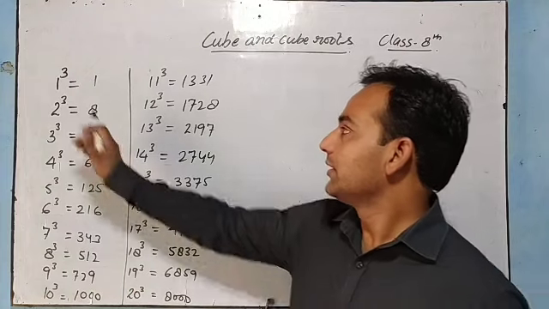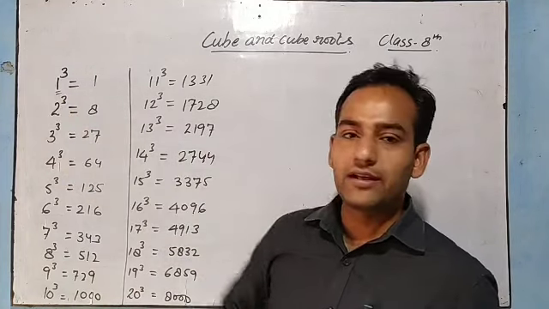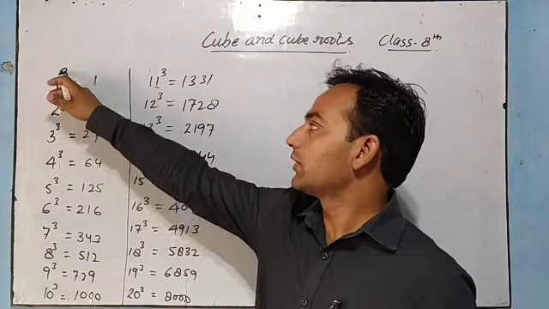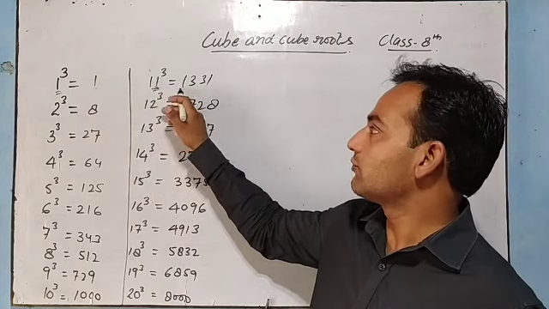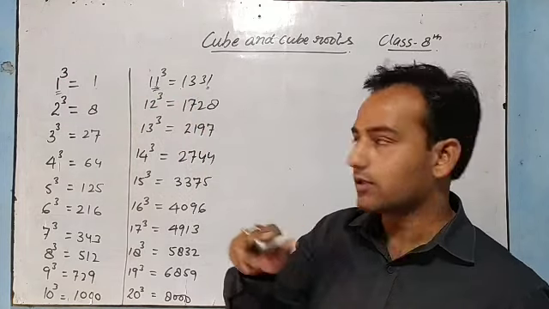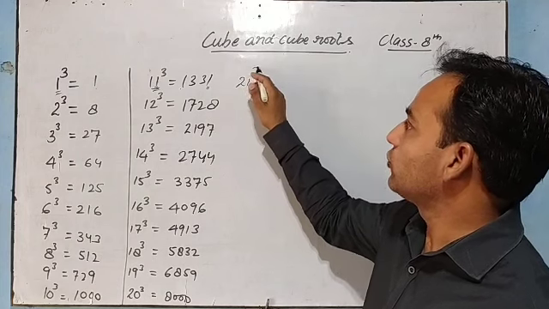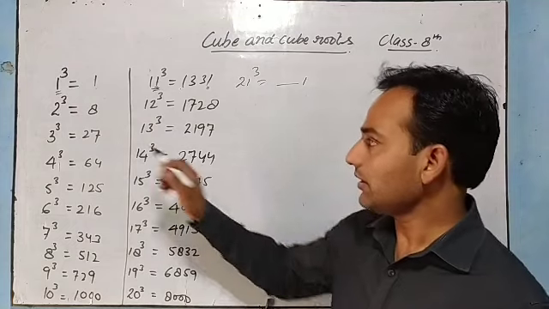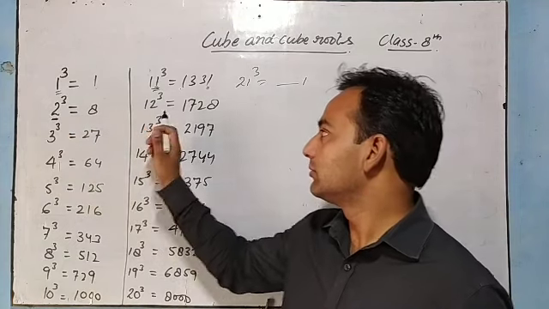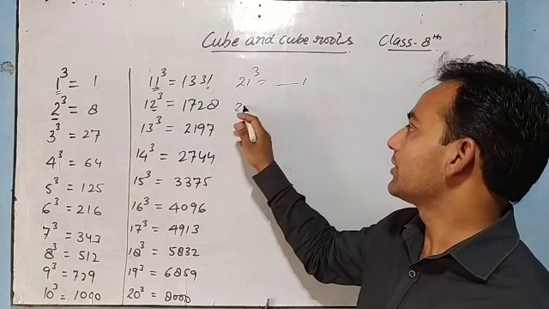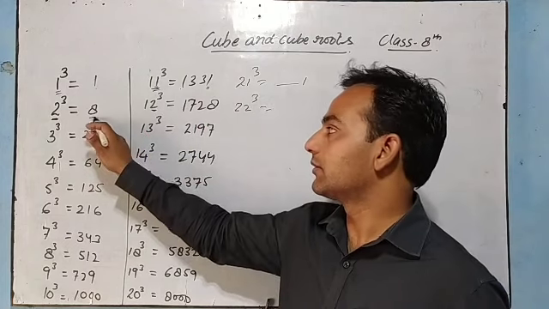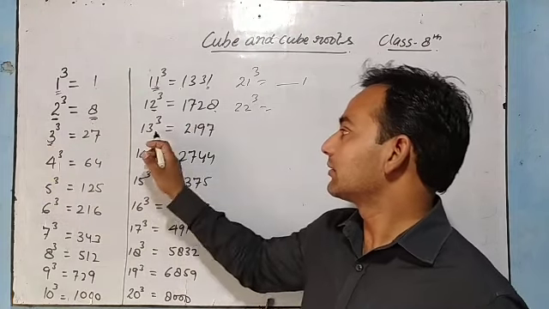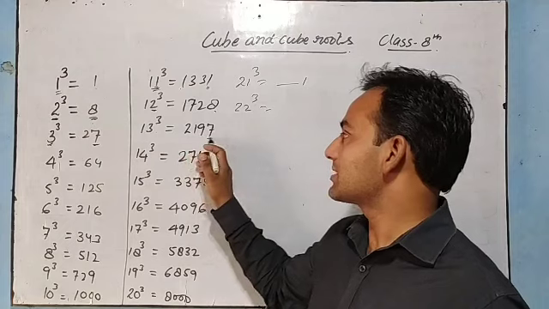Now listen carefully. If we are doing the cube of any number whose unit digit is 1, okay, 1 cube means 1, 11 cube is 1331, but the unit digit is 1. In the same way, if we are doing the cube of 21, the unit digit will be surely 1. Remember that. Now, if the unit digit is 2, the cube's unit digit will be 8. Remember this. 3, 13, 23, unit digit will be 7.